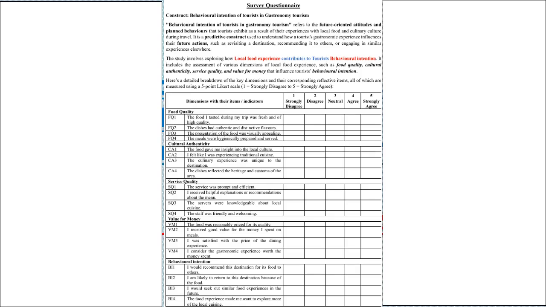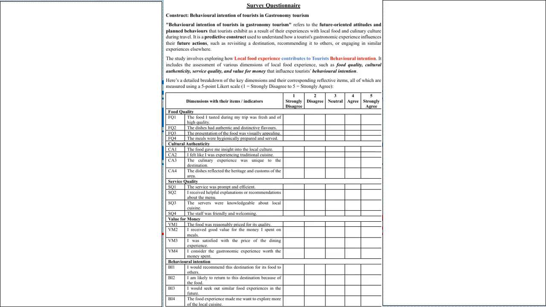It is a predictive construct used to understand how a tourist's gastronomic experience influences their future actions, such as if they decide to revisit a destination, recommend it to others, or engage in similar experiences elsewhere. It includes the assessment of various dimensions of local food experience, such as food quality, cultural authenticity, service quality, and value for money that influence tourist behavioral intention.